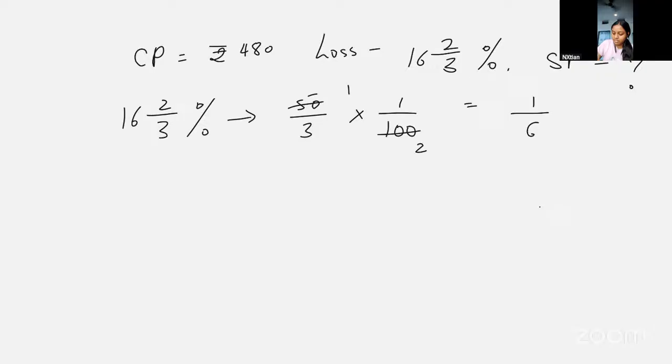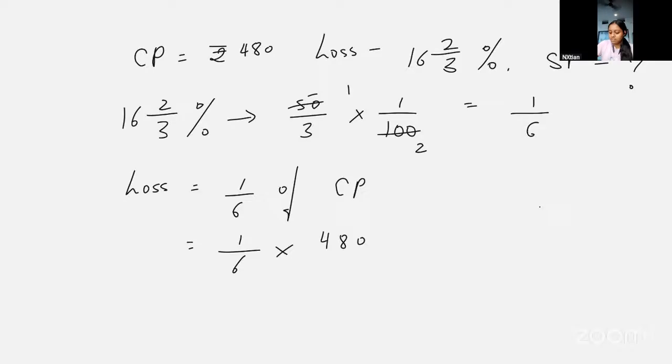Now using 1 by 6, you can calculate loss. Loss is equal to 1 by 6 of cost price. So you can do 1 by 6 multiplied by cost price, which is 480. Now cancel it with 2. 2 threes are 6, 2 twos are 4, 2 fours are 10, 0. 3 ones are 3,